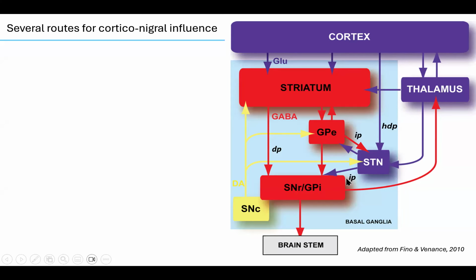If we look at the circuit organization or the gross network organization of the basal ganglia, we can see this variant of the box and arrow structure. So what is covered here with light blue is what is defined as the basal ganglia nuclei. The main input layer is the striatum, and the striatum projects via the direct and the indirect pathway down to the output structure, which is the pallidum, which is the SNR and the GPi. These are inhibitory neurons that are tonically active, that suppress all the potential movements that we could be doing right